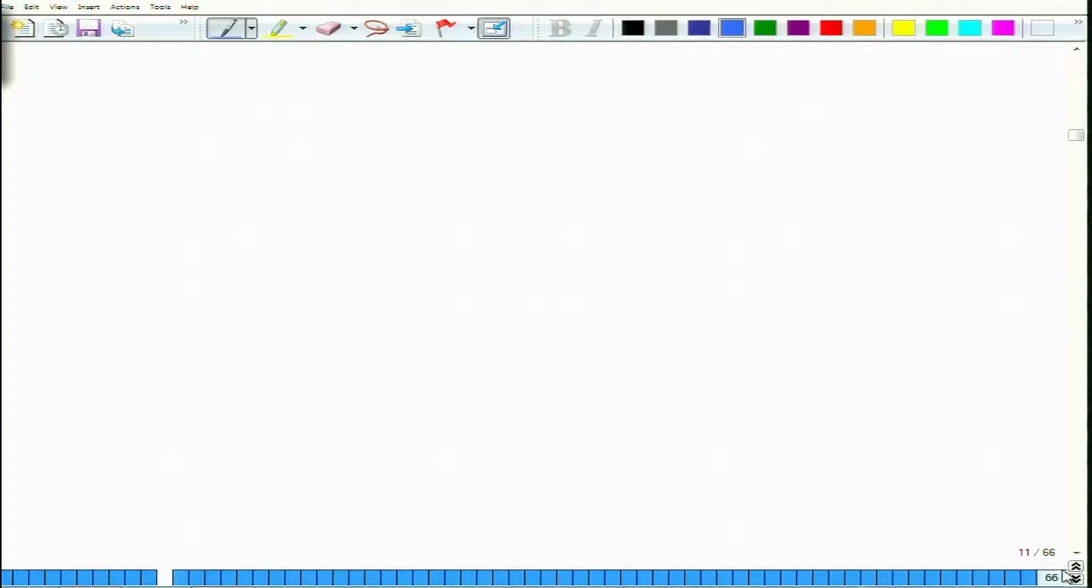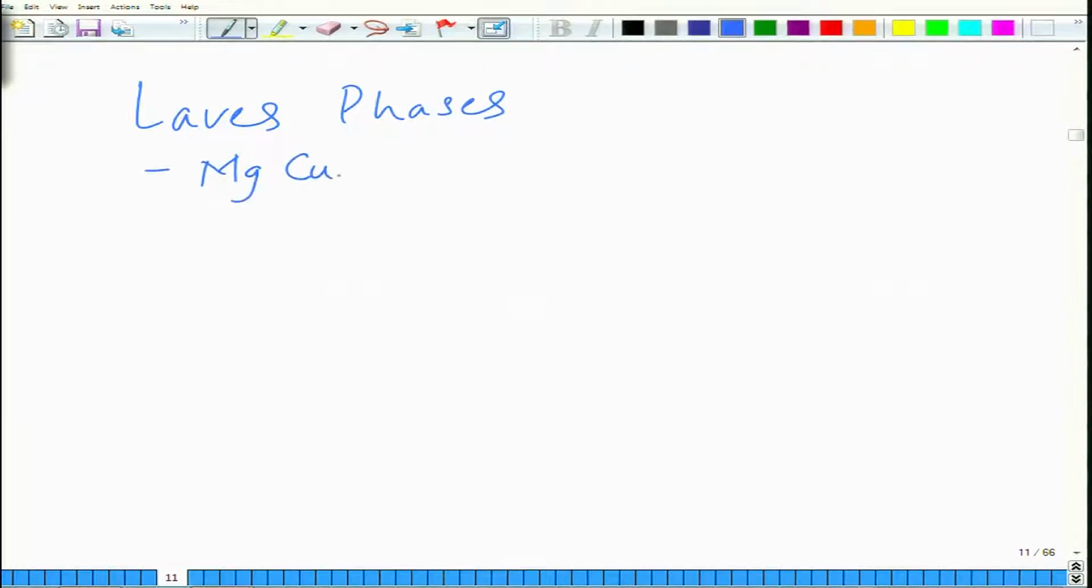And there are other compounds as well. For example, we saw in structure Laves phases. Their examples could be MgCu2, MgZn2, MgNi2, and so on and so forth. So, if you want to look at these things further, go to module 1, which is structure of materials, and you can find more details there. So, now